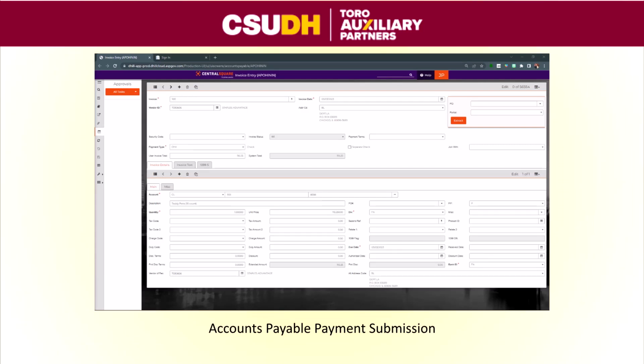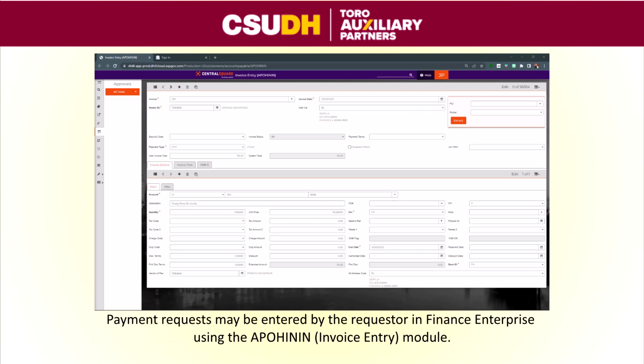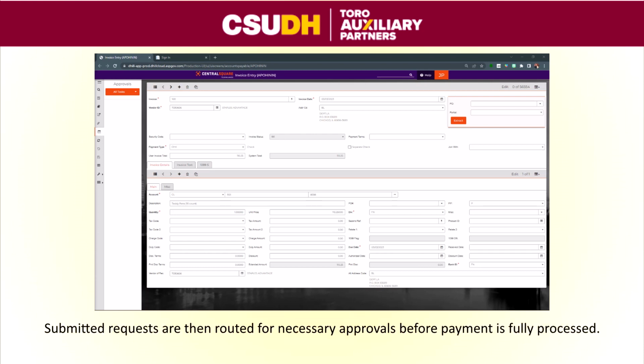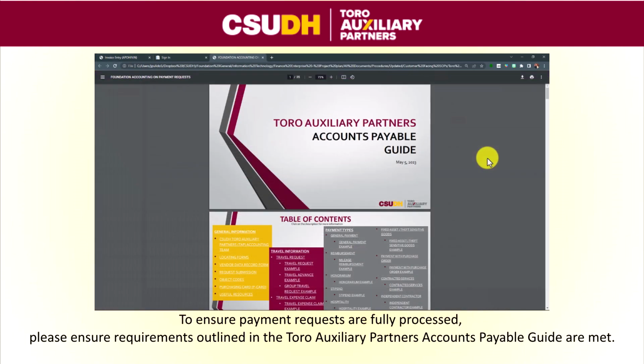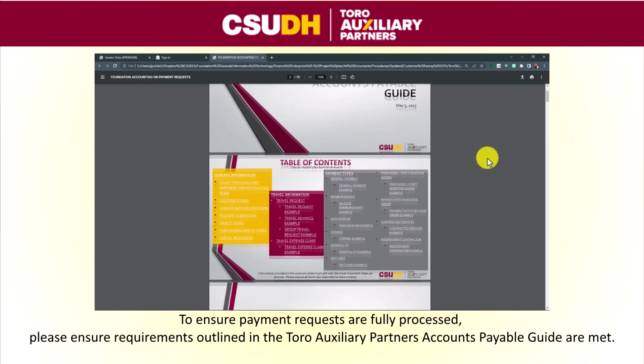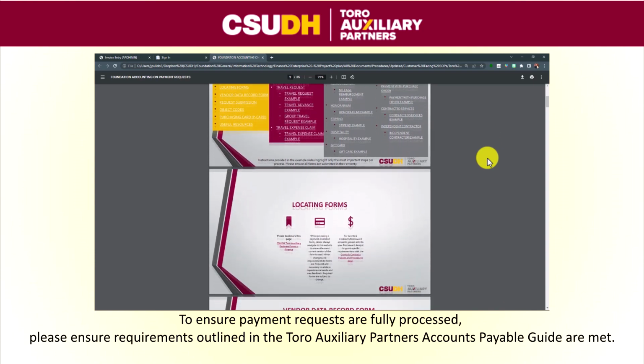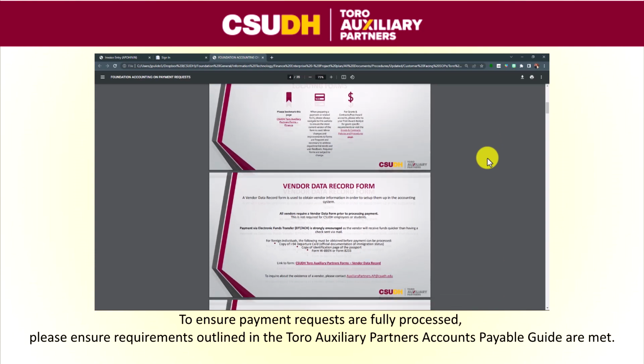Today we'll be going over accounts payable payment submission. Payment requests may be entered by the requester in Finance Enterprise using the APOHININ or invoice entry module. Submitted requests are then routed for necessary approvals before payment is fully processed. To ensure payment requests are fully processed, please ensure requirements outlined in the Toro Auxiliary Partners Accounts Payable Guide are